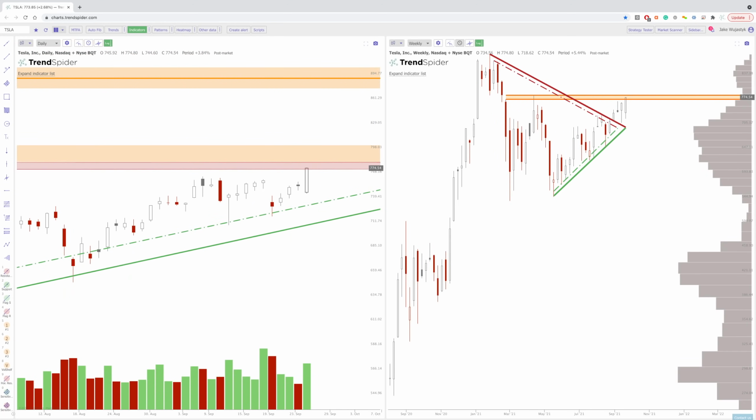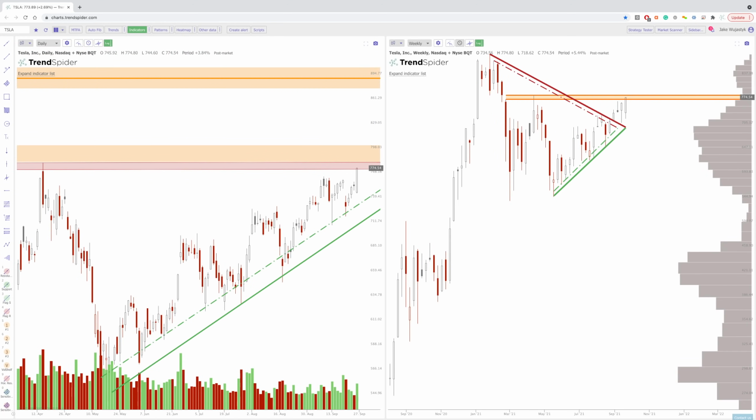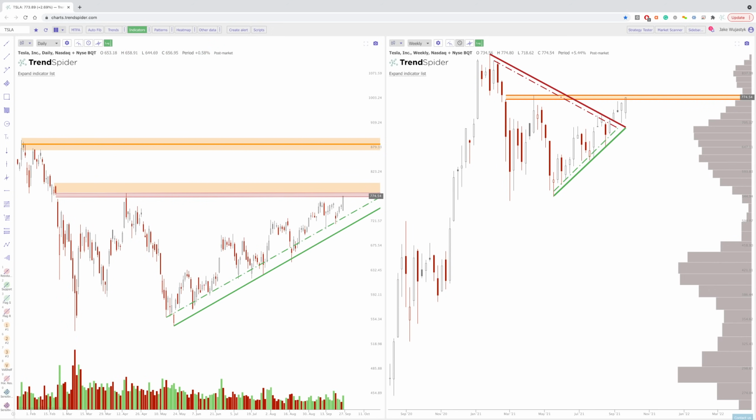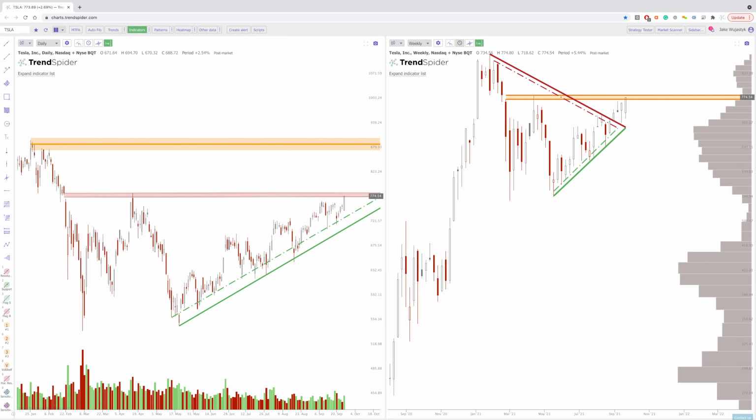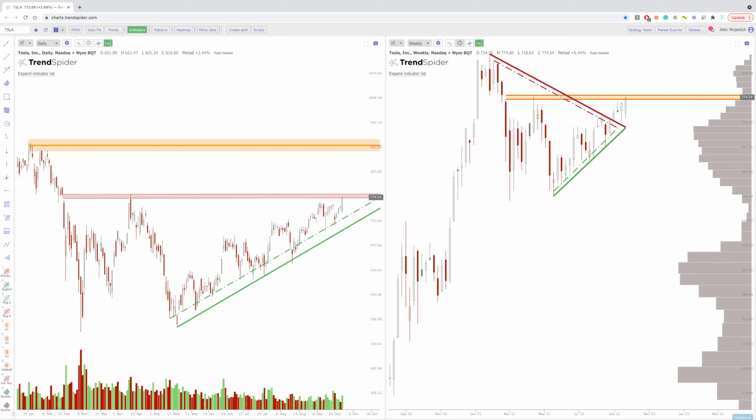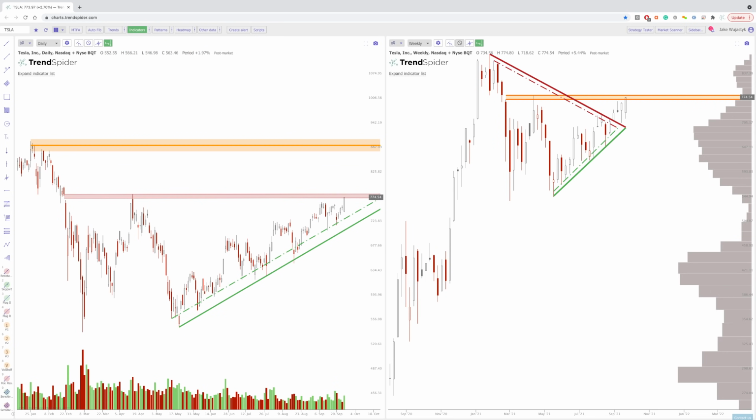Tesla is looking very strong here. So you'll see here that I'm actually using that same tool that we just used on SPY and some of the other names, where this is just the linear regression tool, really. So we do have this ascending triangle. We need to get above